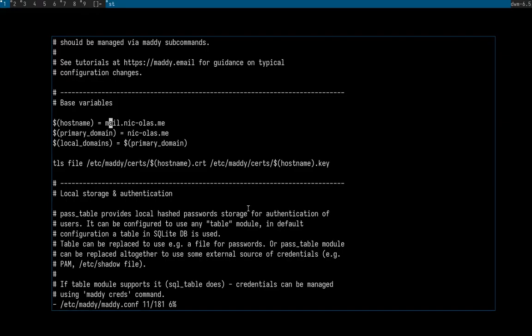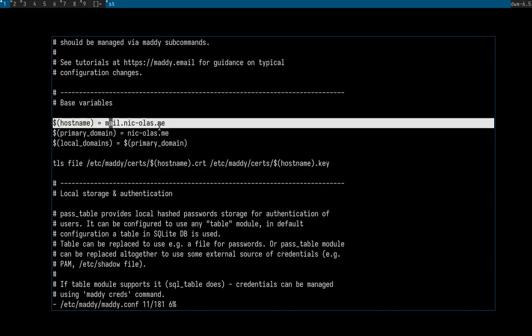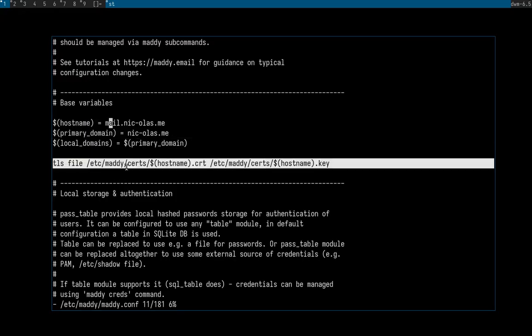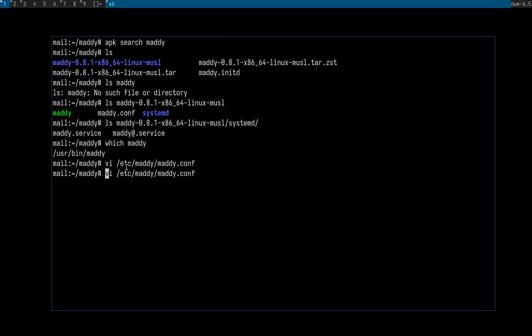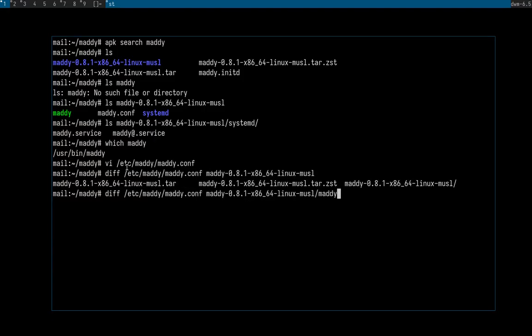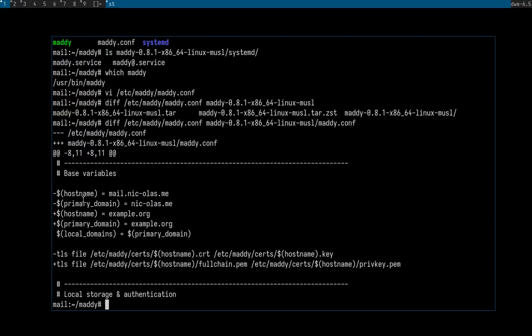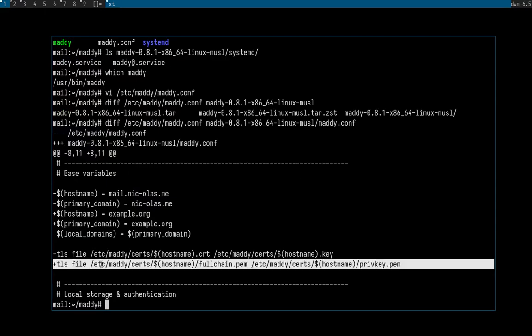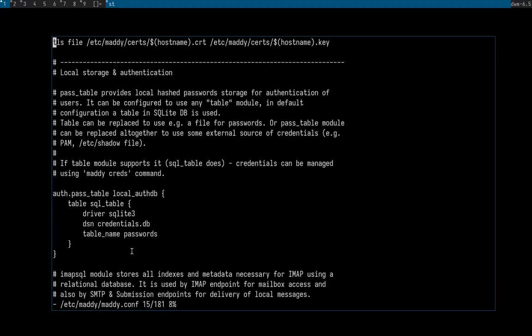All right, and again for configuration, the only things I changed are these lines right here. So these two and this TLS line, and that's pretty much it. So if I diff this with maddy.conf, these are the only lines I changed, because the rest, if we look at the rest, it's just configuration